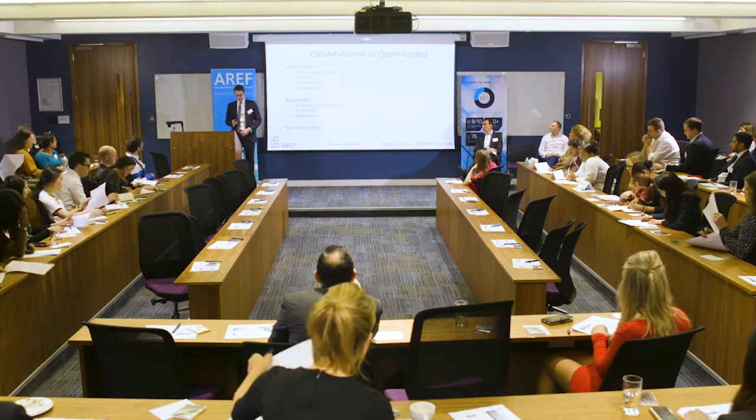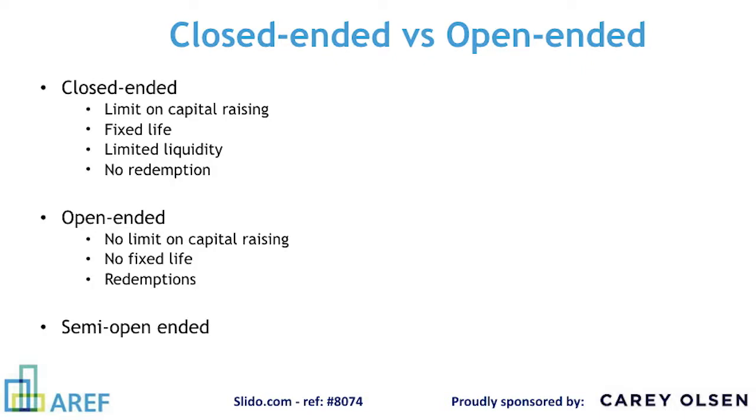So moving on to closed and open-ended funds, and here we're really talking about liquidity. What do we mean by closed-ended? Essentially, a closed-ended fund has typically a fixed life, anything from 7 to 10 years, and that life will then be divided up into certain segments. So you have your capital raising period, during which the manager will go out to the market and look to raise money from its investor pool, and that could be anything from, say, 1 to 2 years from the inception of the fund.